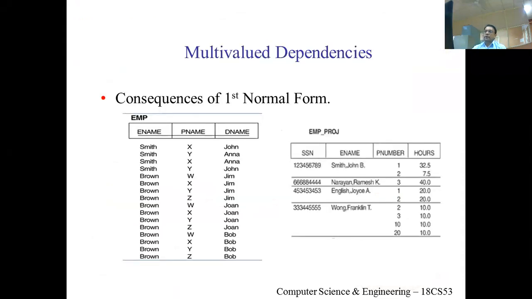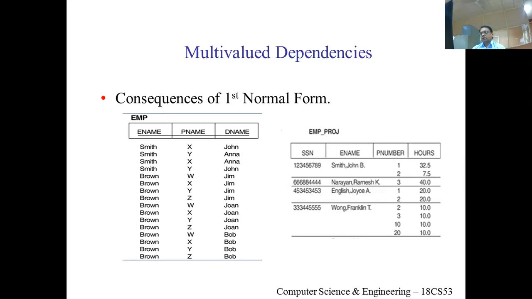So these multi-valued dependencies are the consequences of first normal form. So why we use these multi-valued dependencies is the question. Sometimes relations have constraints that cannot be specified as functional dependencies. We have discussed functional dependencies in the second session video. For such relations, constraints cannot be specified as functional dependencies. That time we use multi-valued dependencies. And we are going to define the fourth normal form, which is based on this multi-valued dependency.